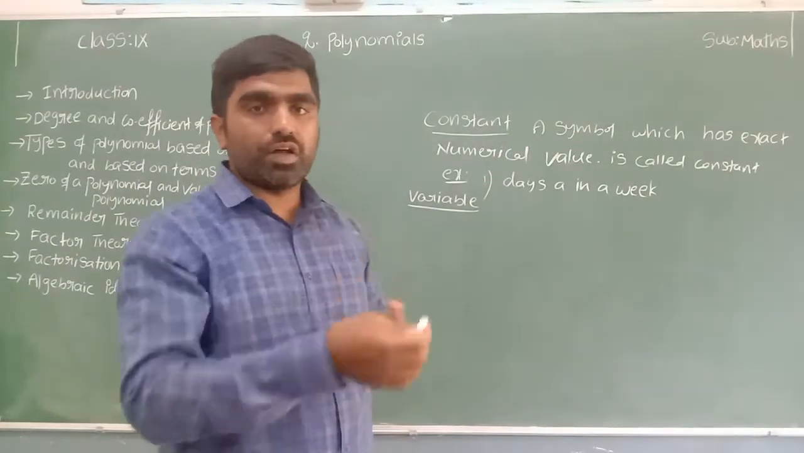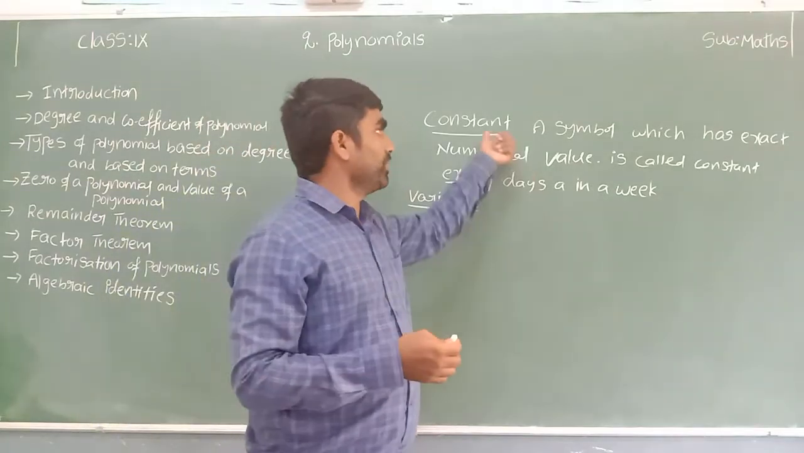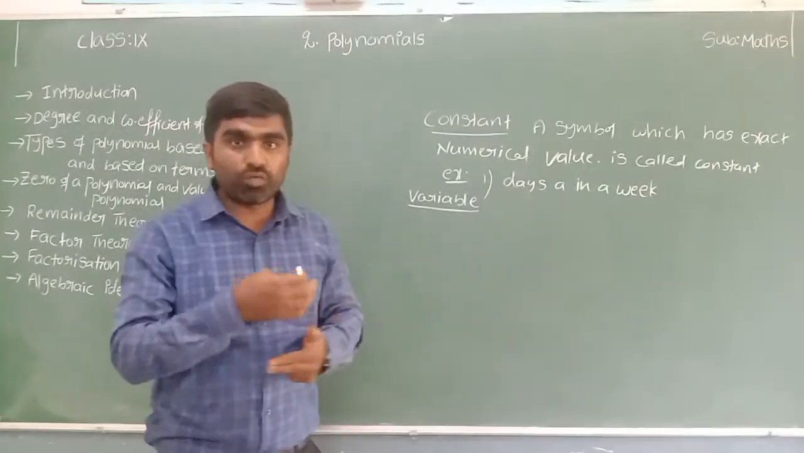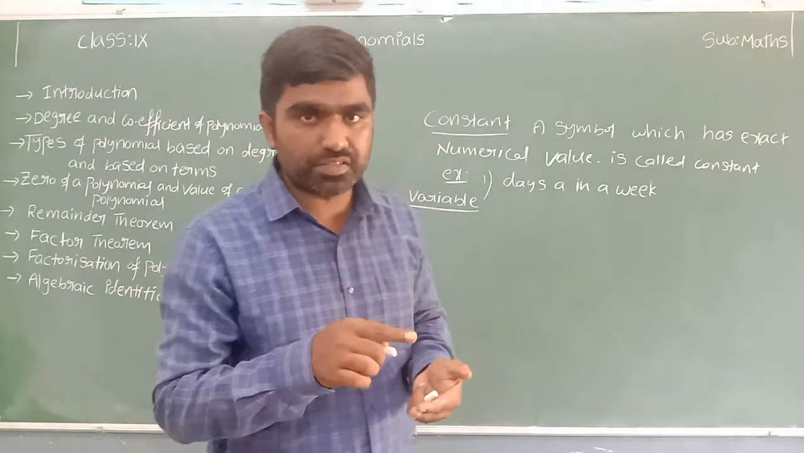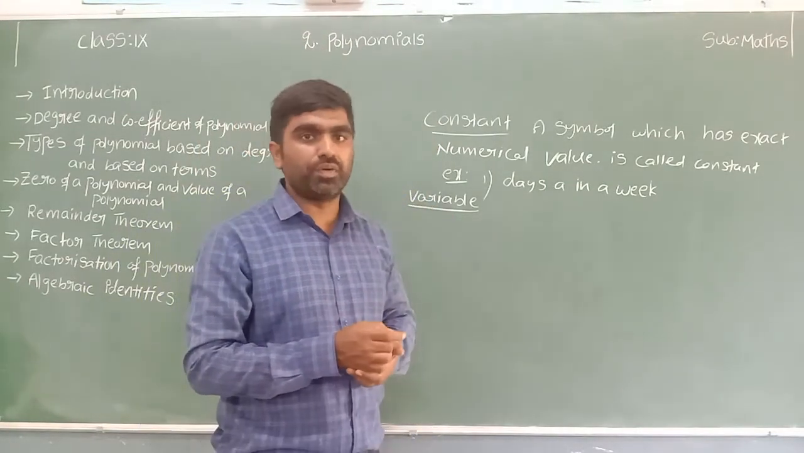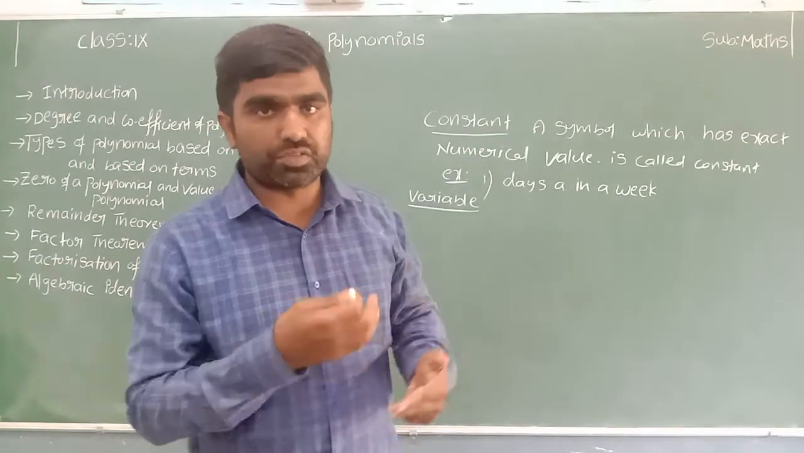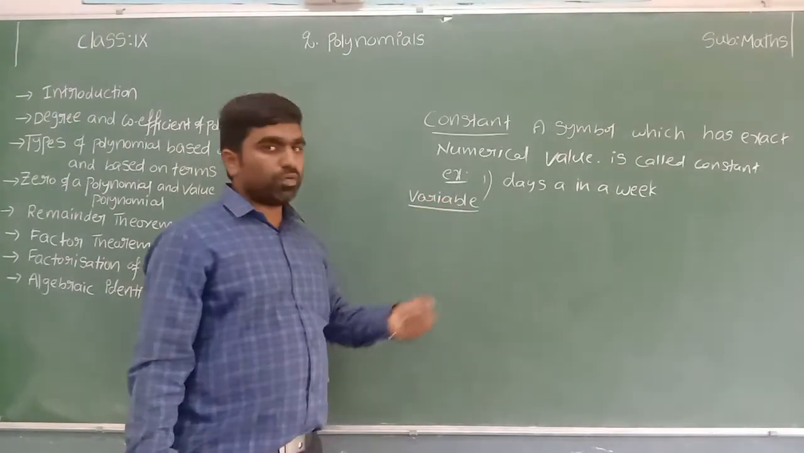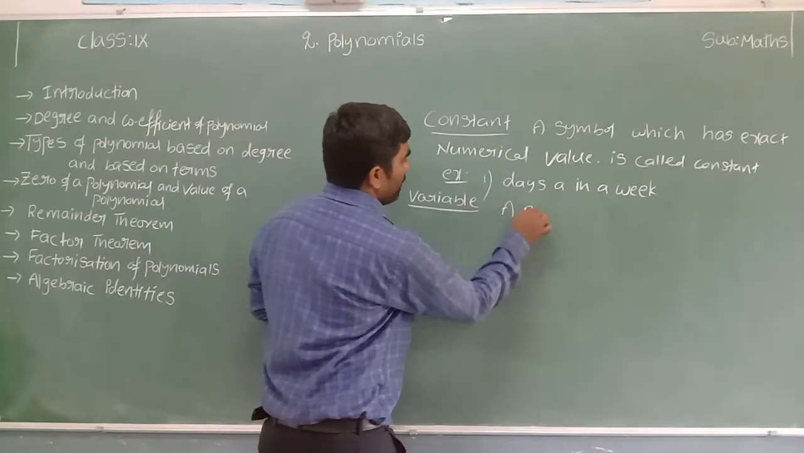Sir, where can we use this constant? To express the known values. See, already we know how many days are there in a week. 7 days. 7 is the fixed value. Yes, this constant we can use to express the known values. Now see, what is meant by variable? Variable is nothing but a symbol